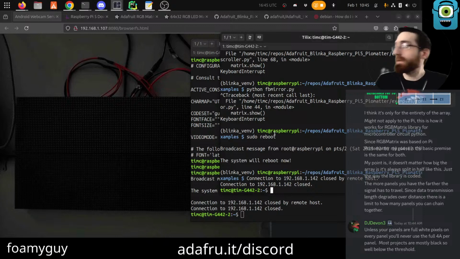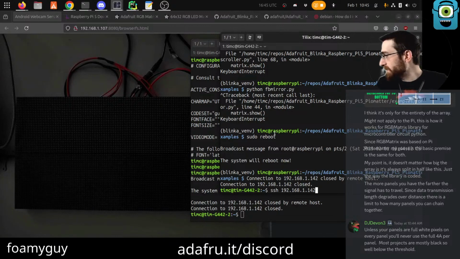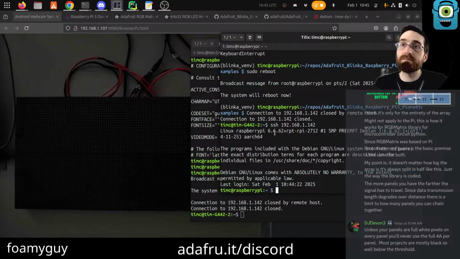All right. Back up. I don't see any difference though. That doesn't seem any different to me. The console looks the exact same. Maybe that's the default one.